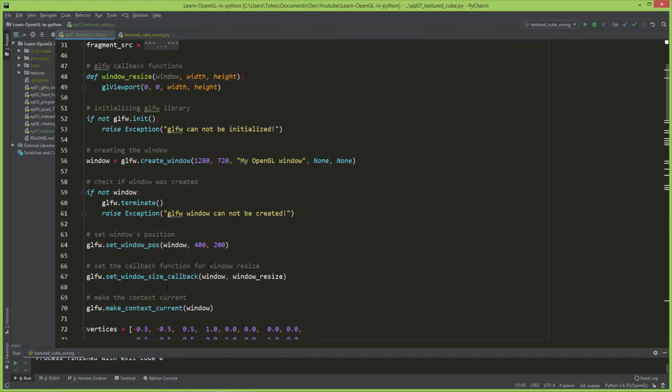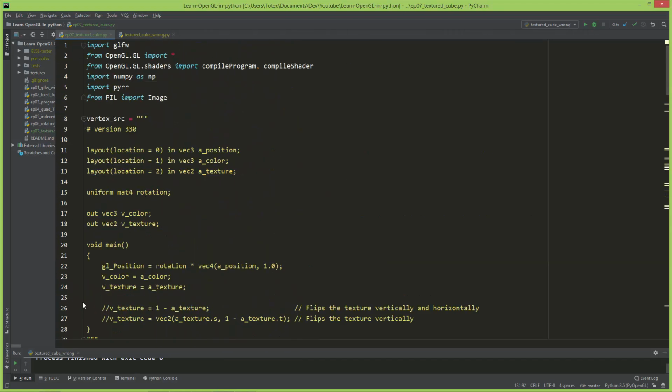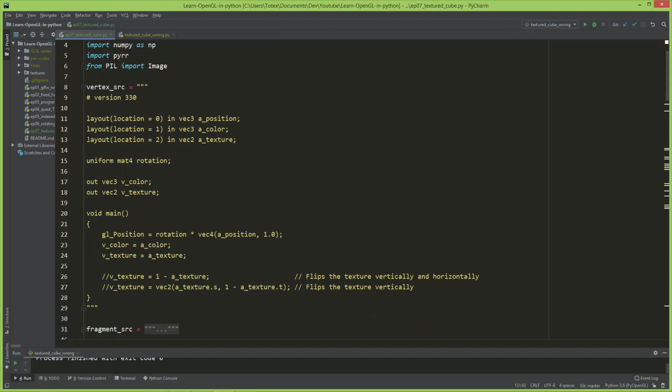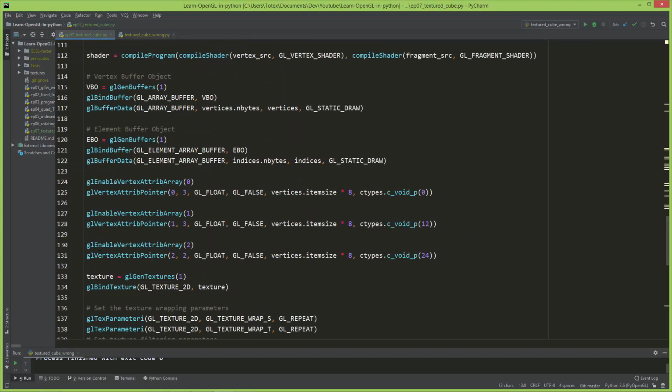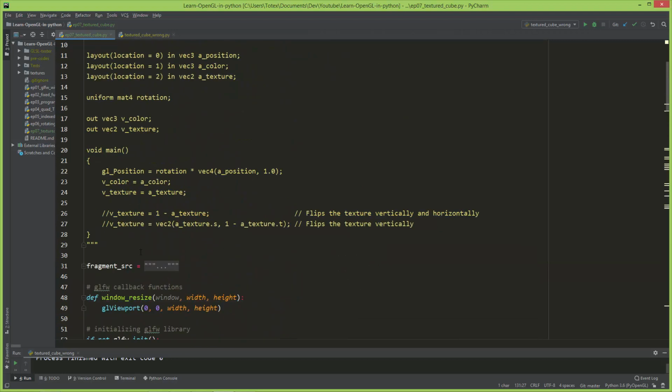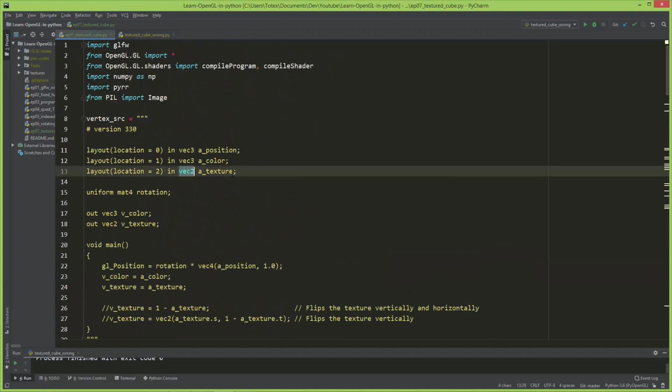And now let's go here to the vertex source, because now we also have a layout location equals 2, which is an input of type vector 2 called attribute underscore texture. And as you can see, it is on the layout location 2. So when we set the vertex attrib pointer, first we enable the vertex attrib array at layout location 2, and then we set the vertex attrib pointer for the layout location 2. And here we specify that it is a vector 2, and as you can see it is a vector 2